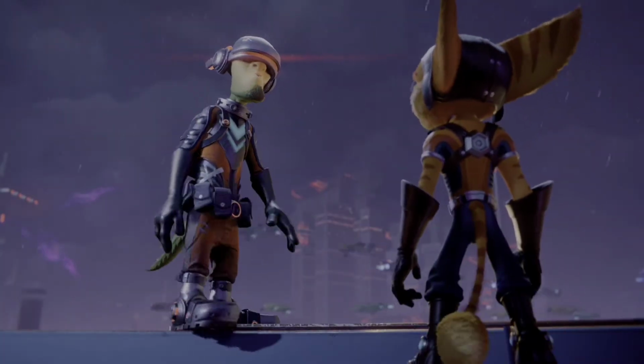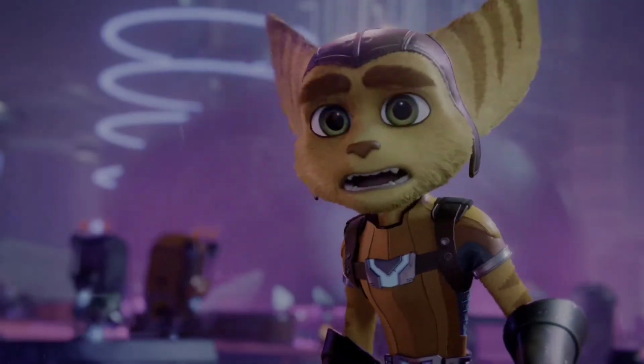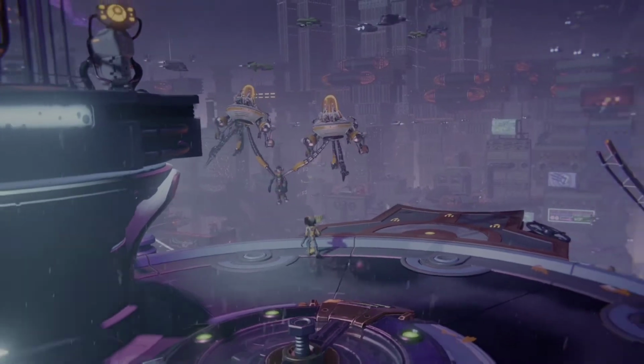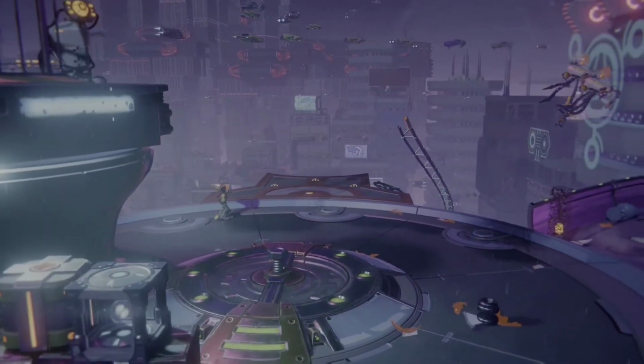Currently, I'm playing Ratchet and Clank Rift Apart. Amazing. I didn't think I was going to be as into it because I'm not a big Ratchet fan like my brother is. But once I started playing, oh boy. Oh yeah. It's too good. It's too good. Like, the visuals are stunning. And that's what we're gonna walk right into next,